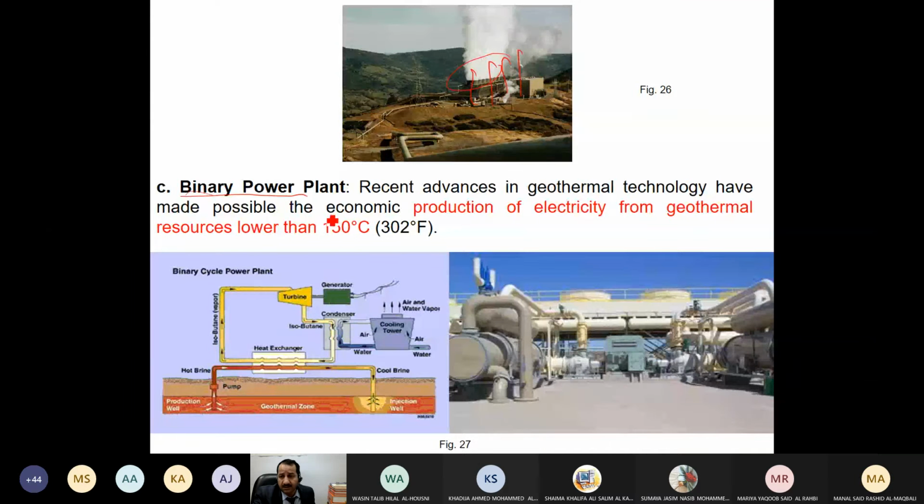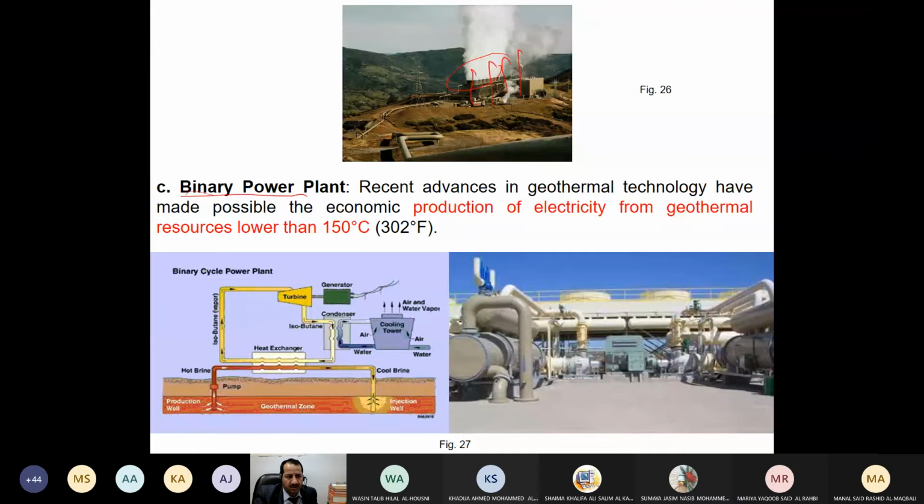In a binary power plant, sometimes we have temperature lower than even 100 degrees Celsius. The water cannot convert to steam. So if the temperature is low, which cannot be used to get steam with high pressure, even more than 150, we go for binary. In binary, we use a heat exchanger and a fluid which can be liquefied and vaporized